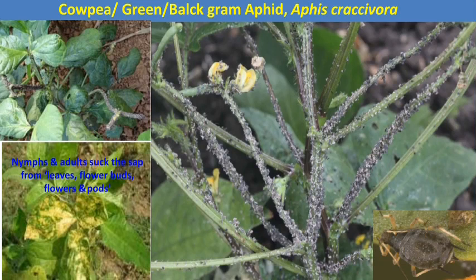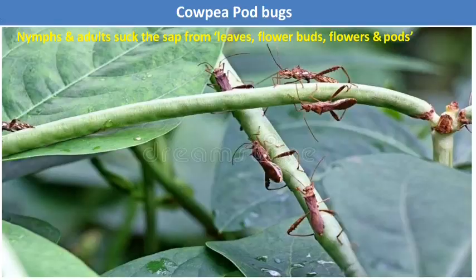As a result of feeding, in case of severe infestation, the infested plant parts reduce their vitality. Then, besides feeding, this pest also excretes a honeydew-like substance that develops sooty mold fungus on the plant pods, and due to the development of the sooty mold, the plant pods become blackish in appearance, and photosynthesis is reduced.